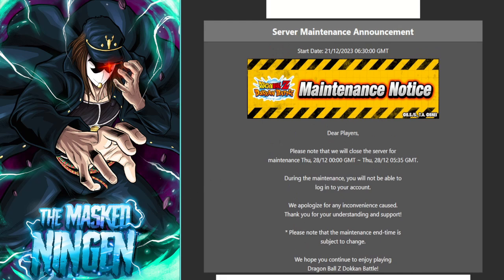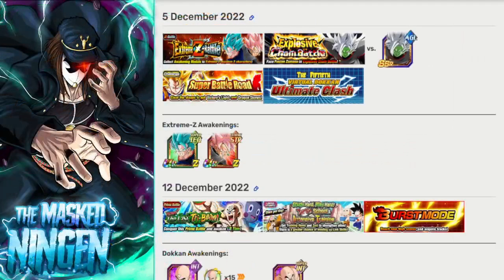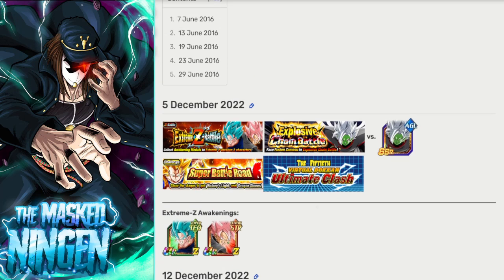Normally when they extend the maintenance for a lengthy amount of time, they give out all the daily login rewards and everything, so people don't lose out on those, but make sure you go ahead and do that. So we're going to jump over to the wiki and take a look at the timeline of events from last year. So we've already differed from this quite a little bit, because if we start off here at the beginning